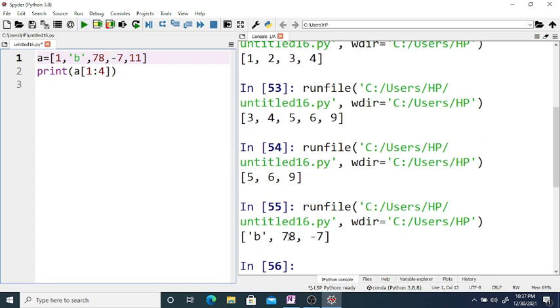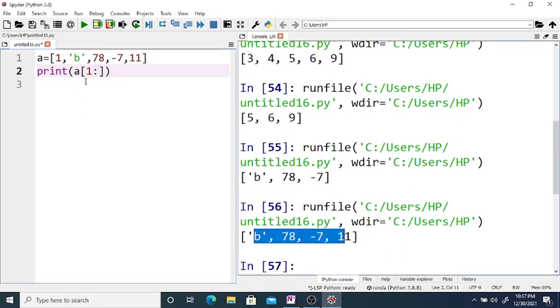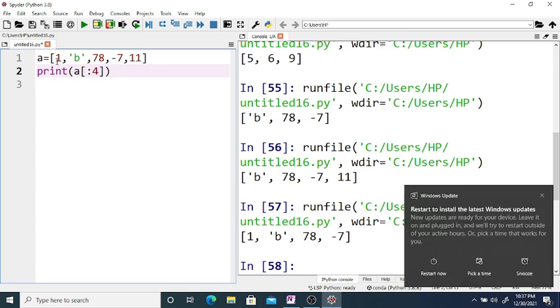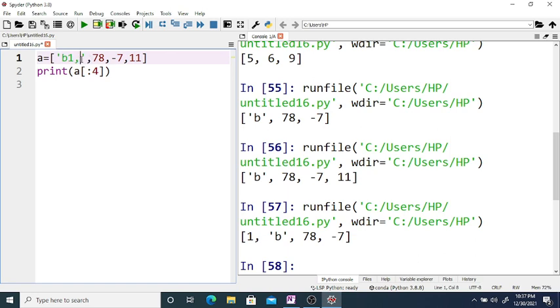But if you use 1 colon, then from index 1 up to the last element will get printed. If you use 4 as the end, 4 is exclusive, so indices 0 1 2 3 will get printed.